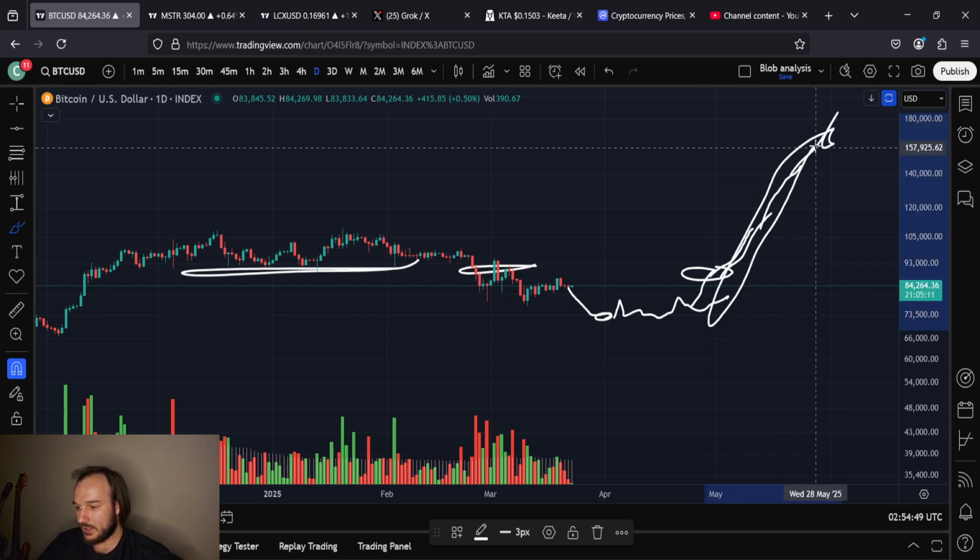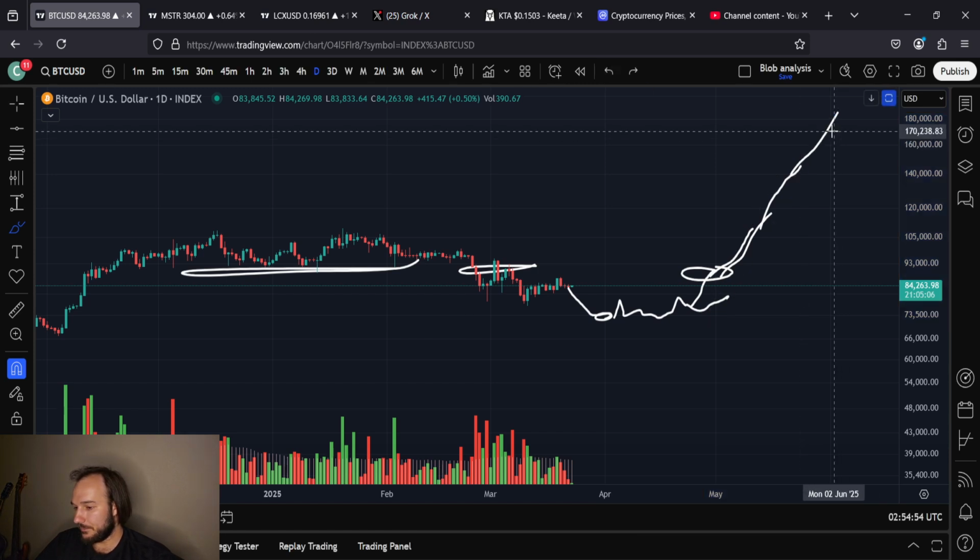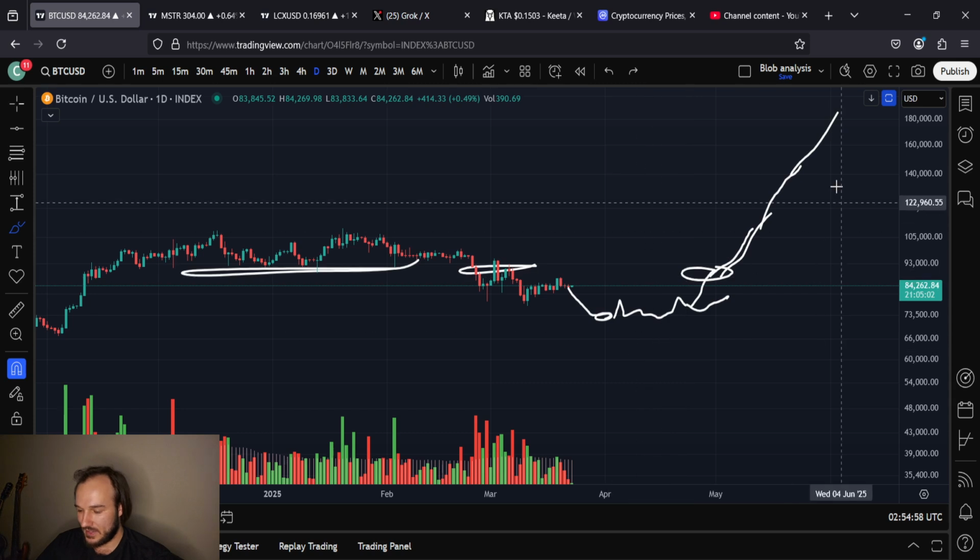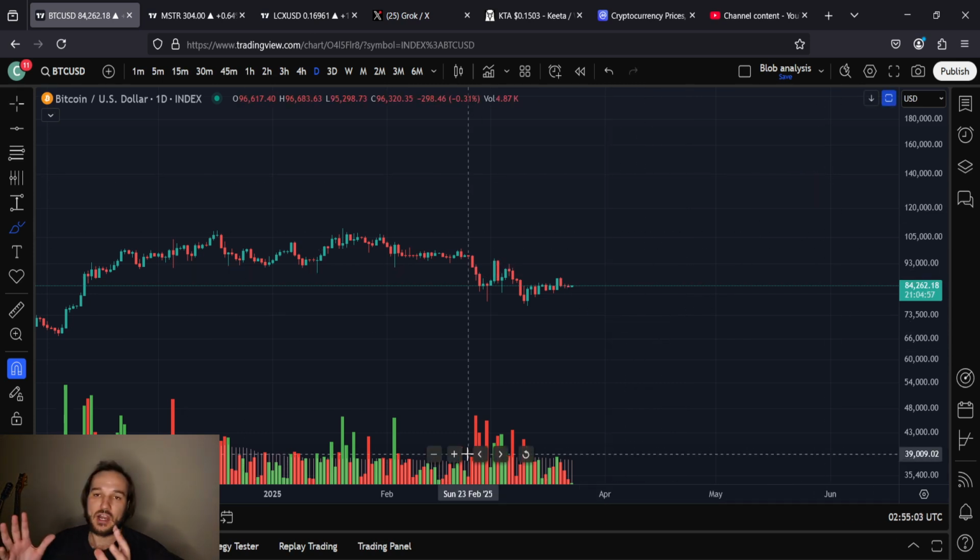The way that it's not letting me stop. Okay, that was kind of bad. That would be end of May, end of June, going right to this target area at that trajectory, which is ugly. Who's to say that it happens exactly like that? But what I'm trying to say without drawing the lines, in essence, is once we find our lows,